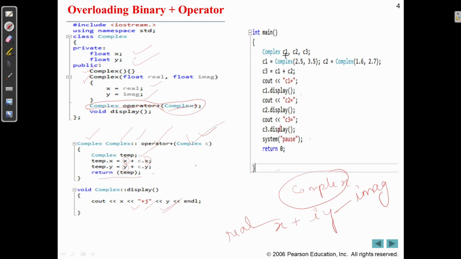So here are three objects C1, C2 and C3. C1 is equal to complex 2.5, 3.5. So here we call the constructor. C2 is equal to complex 1.6, 2.6, and then C3 is equal to C1 plus C2. So here directly we are going to add two objects and we are going to save the result into the third one, that is known as C3. So let's check it